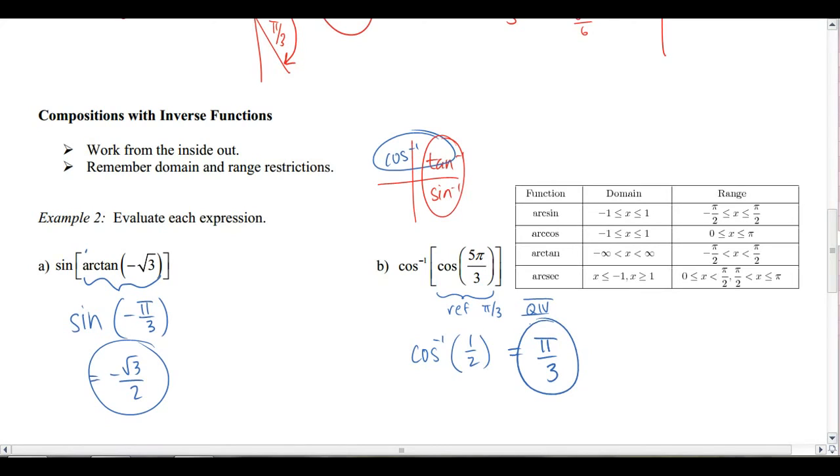When I ask you for cosine, I'm asking you to give me a relationship of adjacent over hypotenuse. But when I'm asking you for arc cosine, I'm asking you what angle has that relationship, and you're supposed to tell me an angle. All right,